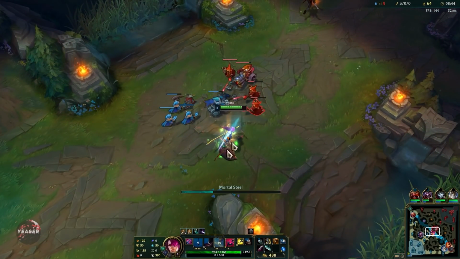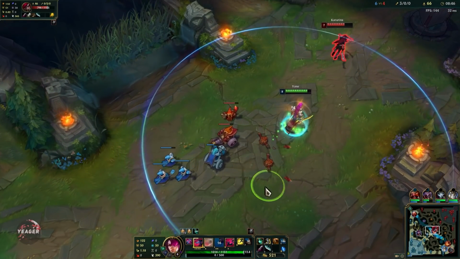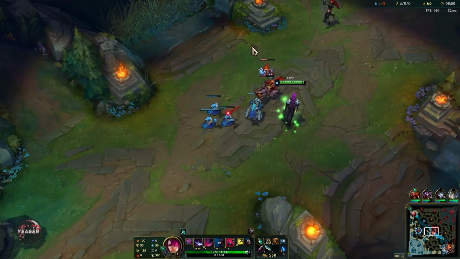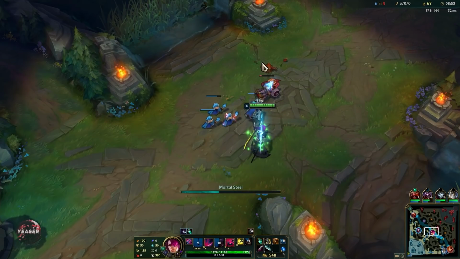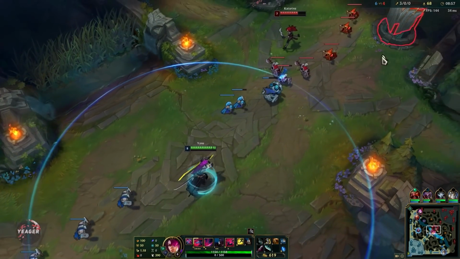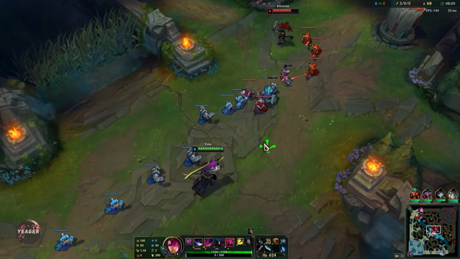And then the second big power spike is when you finish your first mythic item. So right now Shieldbow is still the best all around mythic item on Yone. You can also use the other two. It's very preference based, but the best one,